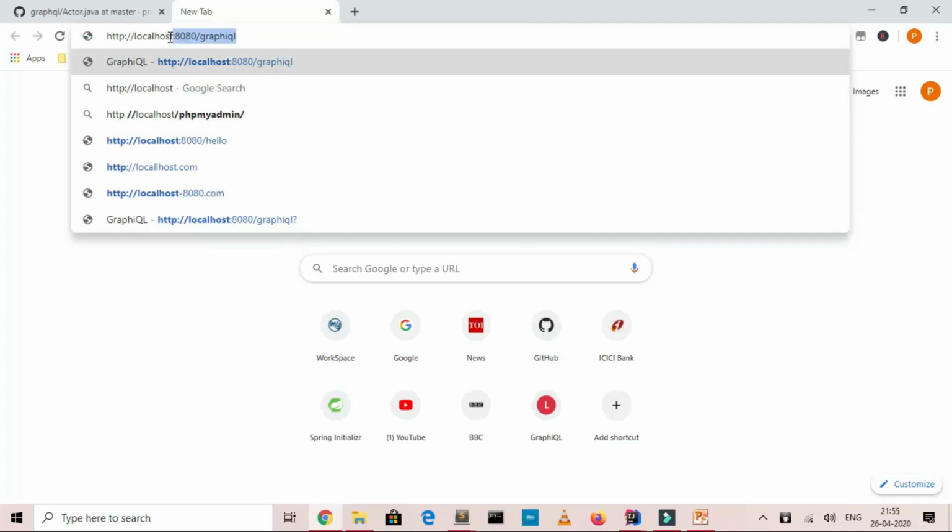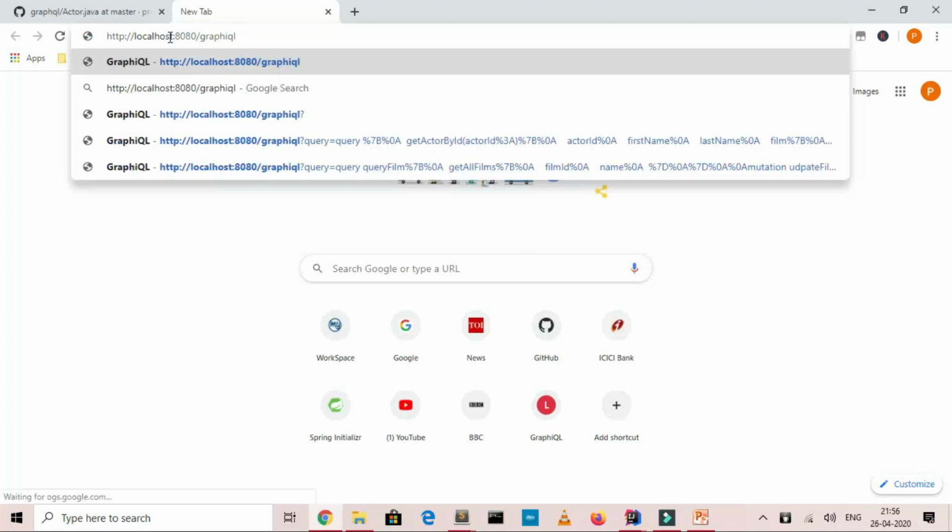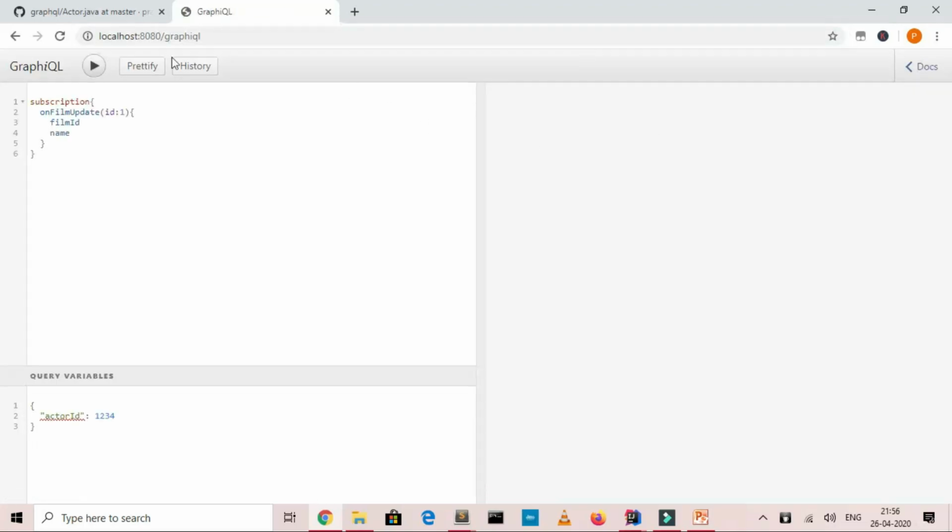As I told you, there is one UI tool provided by the framework itself, from which we can test our endpoint. So basically I will access it at slash graphical interface. Okay, so this is our graphical interface. So now we'll see